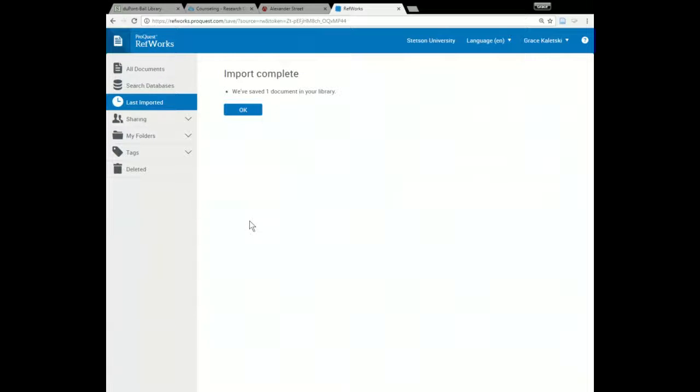You don't have to already be logged in for this to work. If we weren't logged in, it would just take us to a login page, and then it would go ahead and import our citation automatically. It says import complete, so that's letting me know that my video citation has successfully made it into my RefWorks account. So I'll click on OK,